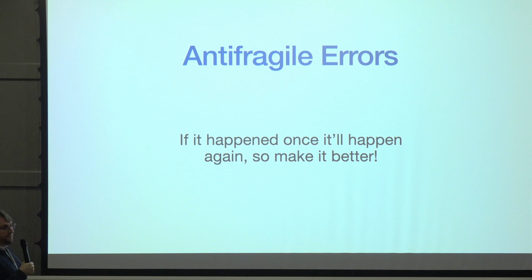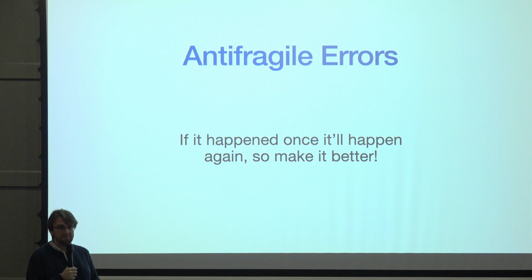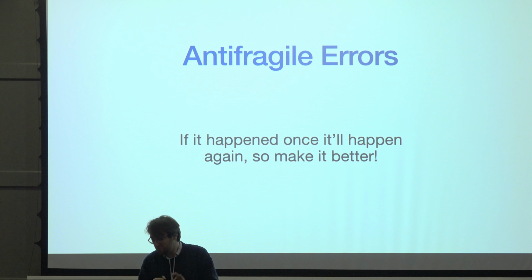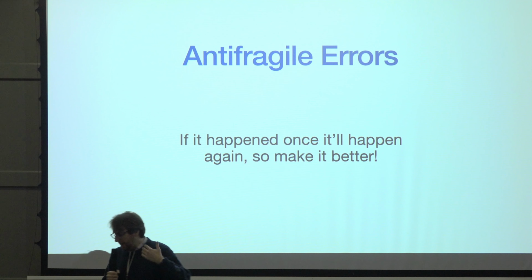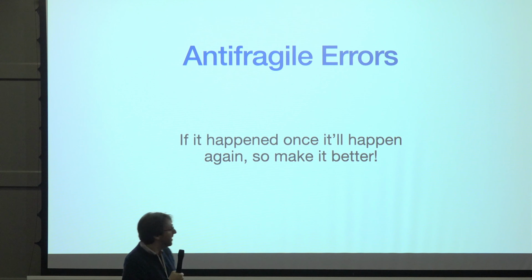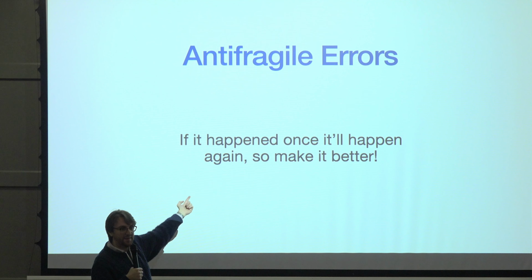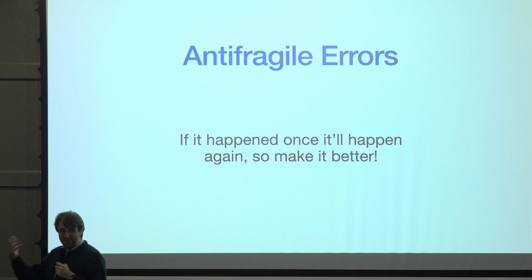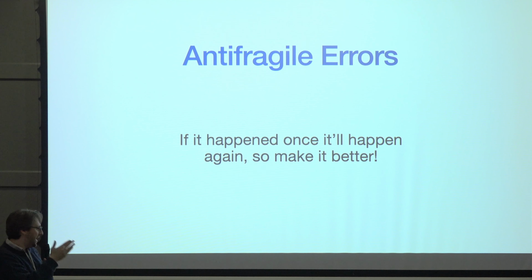Another point I want to make: be anti-fragile. If an error has happened once, it's probably going to happen again. If an error has made somebody confused once, it's probably going to make them confused again. So if some error has come up which has confused you, don't be happy with just fixing the one bug. Go and improve the error. If you had to go on a fishing expedition to find some bit of key context which was missing, go and change the error to include the context next time. If the message was confusing about what you're supposed to do, improve the message. These things can get better if, every time something bad happens, you make it a bit less fragile.